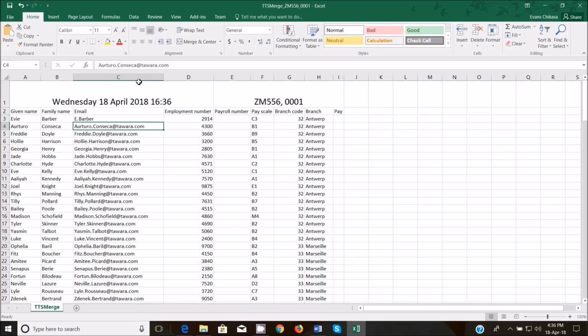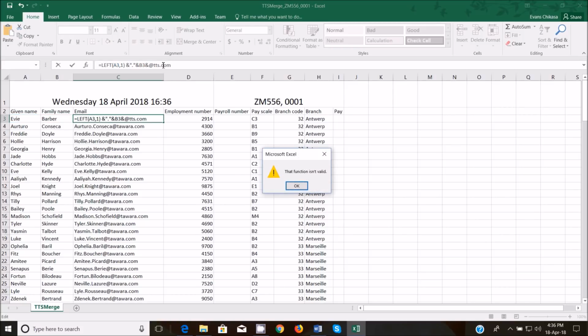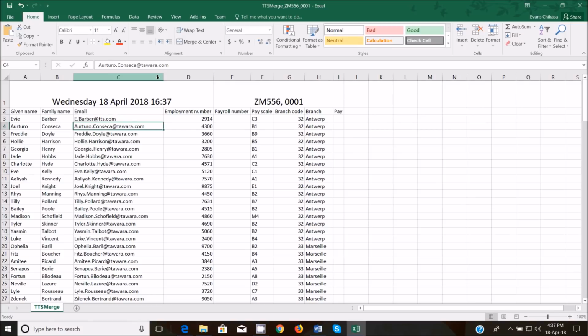Okay. So the other thing also is to just join now the word that I copied later on and concatenate it again with this one. Okay. Concatenated that, but this must be string, because if you try to put it like that, you'll get an error because this last part that we've pasted is not a function. So we need to put this one that is highlighted now in quotes because it is text. So put it in quotes because it is text. Okay, and notice that now you have the email address as e.baba at